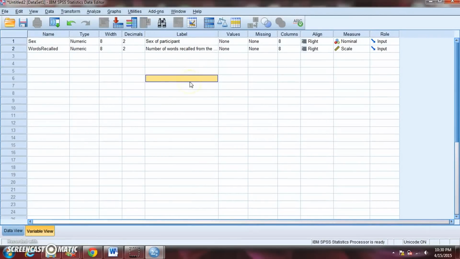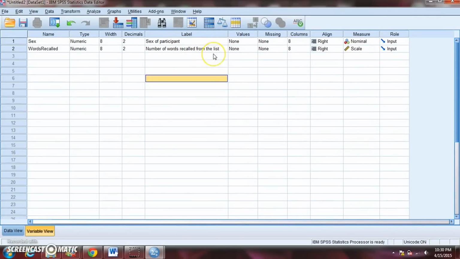And again, the idea here is that you can just give a little bit more description of the different variables in your study. You could imagine a situation where maybe you give a questionnaire with 15 questions. You could have variables for each of those questions. Question 1, question 2, question 3. So maybe that would be the name of your variables, but then under label you could give the exact wording of the question. So it's just a way of giving a little bit more information to your variables.